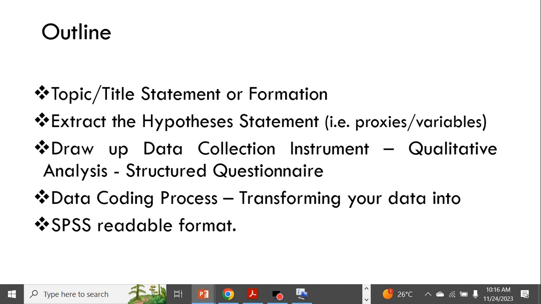This time around, we'll focus on quantitative analysis, and of course, the structured questionnaire will be used. After that, we are going to do what is called the coding of data: how we transform questionnaire data into SPSS readable format in order to be able to have our analysis performed.